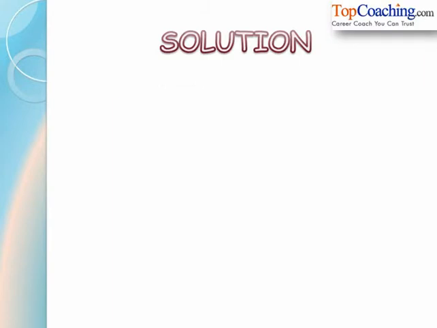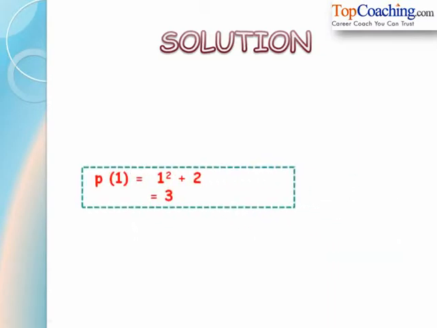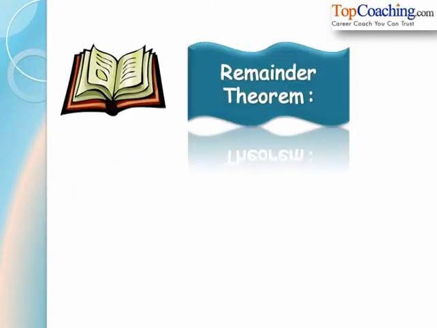Now what we do is we again put the value of x equal to 1 in x square plus 2, and we obtain p of 1 equal to 1 square plus 2, and that is equal to 3. Thus again the remainder here is equal to p of 1. The divisor was x minus 1, and if we put x equal to 1 in the same polynomial x square plus 2, we get the remainder as equal to 3, and this is actually the same as the remainder which we obtain by the long division process. So these two examples bring us to the concept of the remainder theorem.